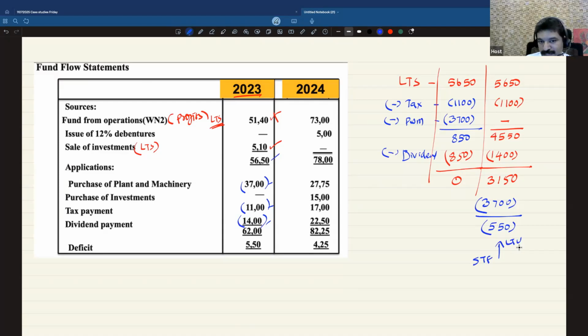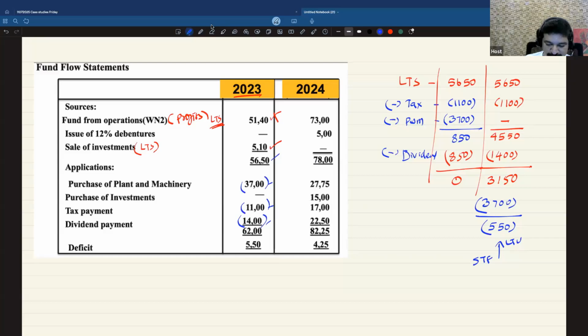See, you are getting all this clarity from the fund flow statement. You will not get this clarity by looking at the balance sheet. You will not get this clarity by looking at the cash flow statement. You will get this kind of clarity only by looking at the fund flow statement. You will get to know the financial decision-making process, the thought process of the company itself, by looking at the fund flow statement. They had multiple alternatives, no? They could have either done like this or like that.